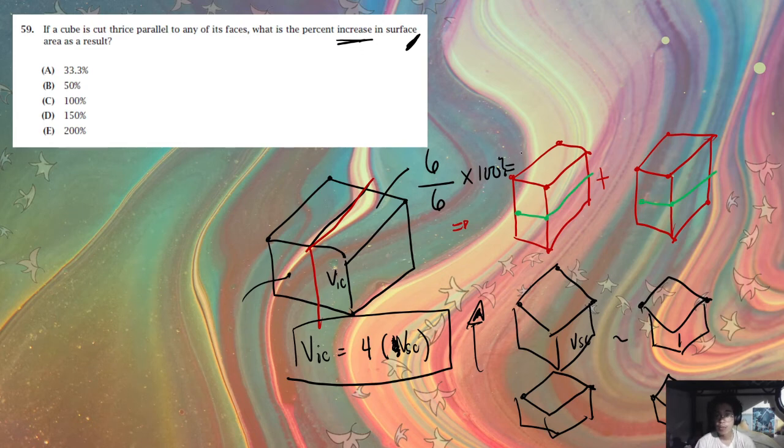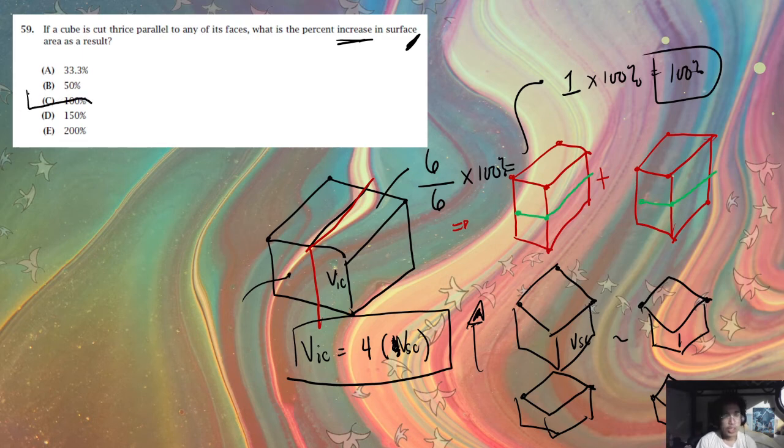That's going to give us 6 divided by 6, which is 1. And what's 1 times 100%? That should give us 100%. So our answer is letter C. You would need a 100% increase